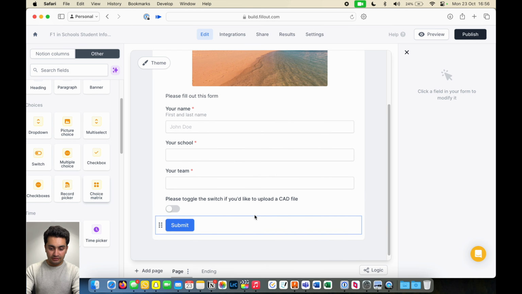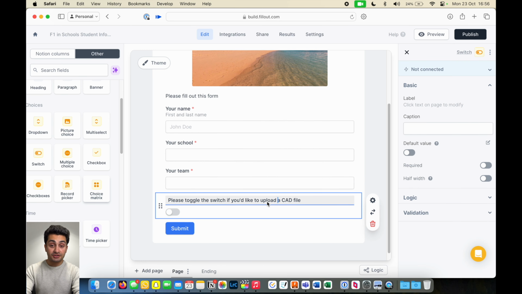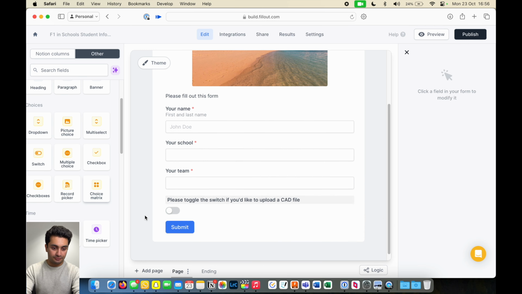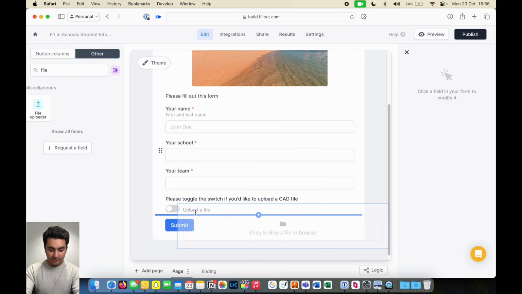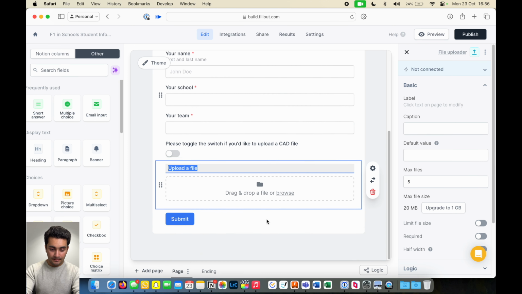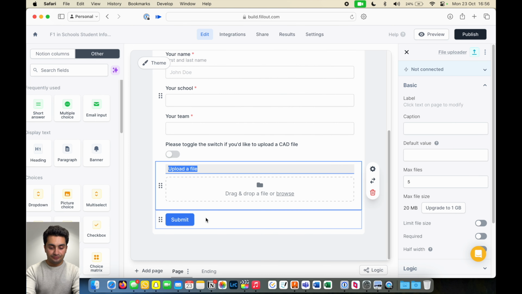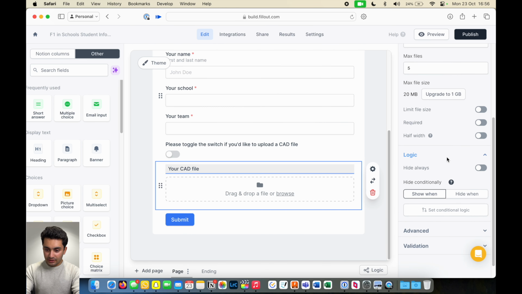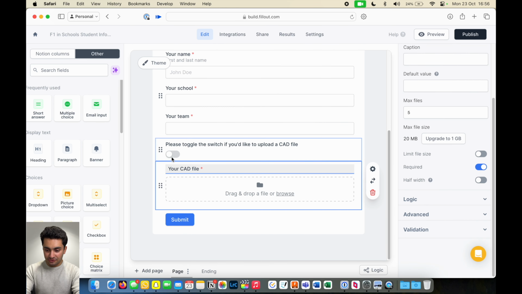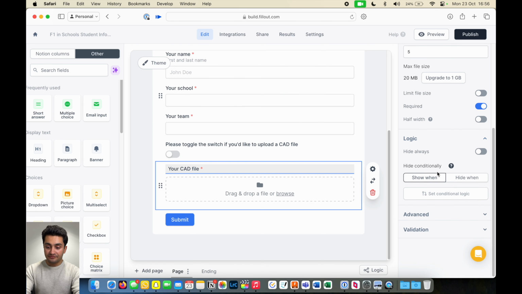Okay, and I'll leave that as not required, just in case they don't want to upload a CAD file. Next, I'm going to include a file uploader. So, your CAD file. And, right, I'm going to require this when people toggle that switch, and I will have this show conditionally when, so